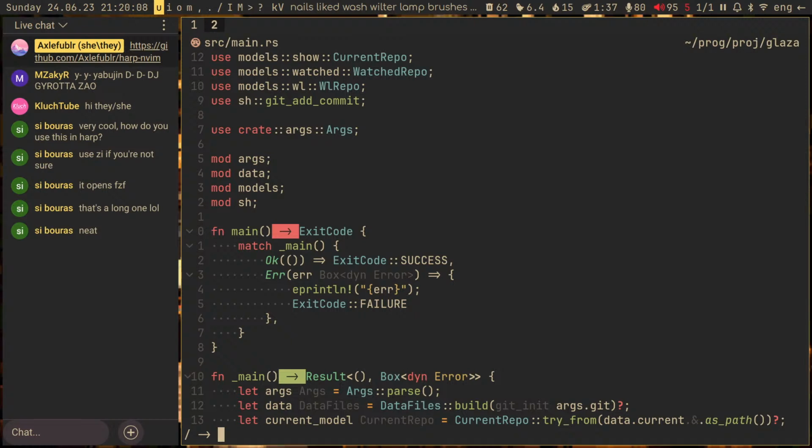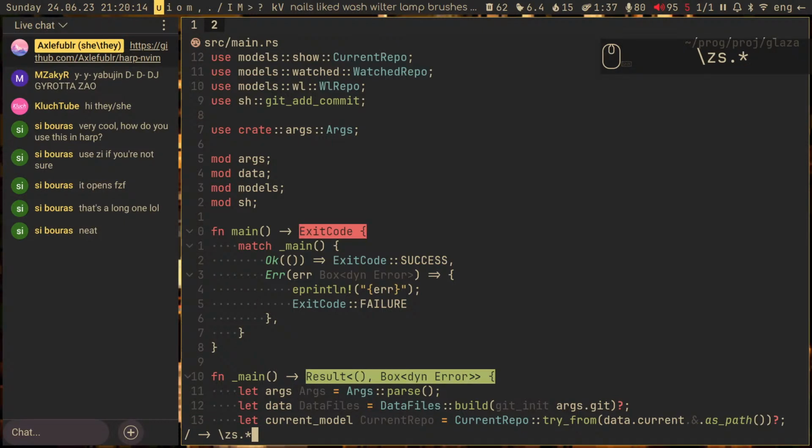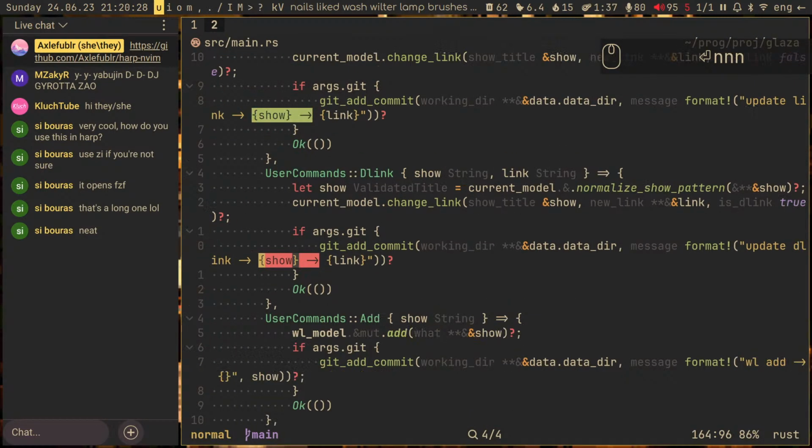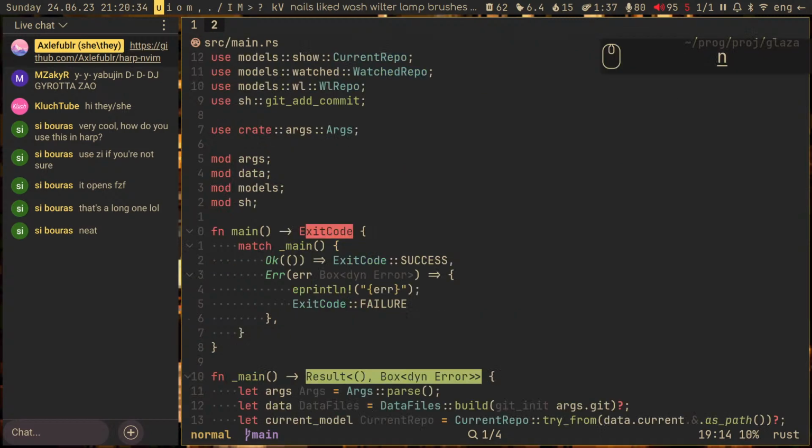So first I make sure that this arrow is matched, then ZS, then whatever you want, space, or rather ZE to end my match, and then space and the brace. Boom. You can see now that I was able to, although not perfectly, fair enough, but well enough, match the